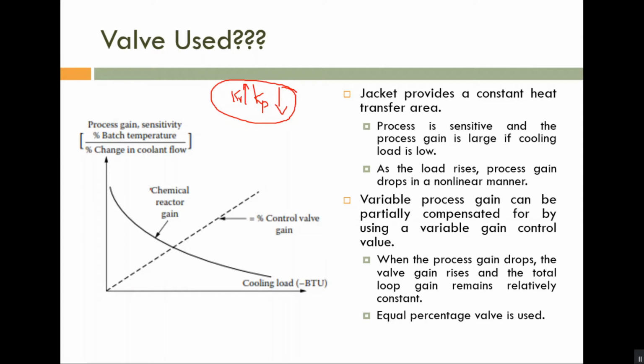So this is linear, and you can see that this particular one is the reciprocal. If this one is changing linearly with respect to the cooling load, say L, this one is changing inversely with respect to L. So if you take the product of these two, the product will be constant. That is the advantage of the equal percentage valve. The equal percentage valve will maintain the loop gain constant. So we need to use an equal percentage valve. That is very important.